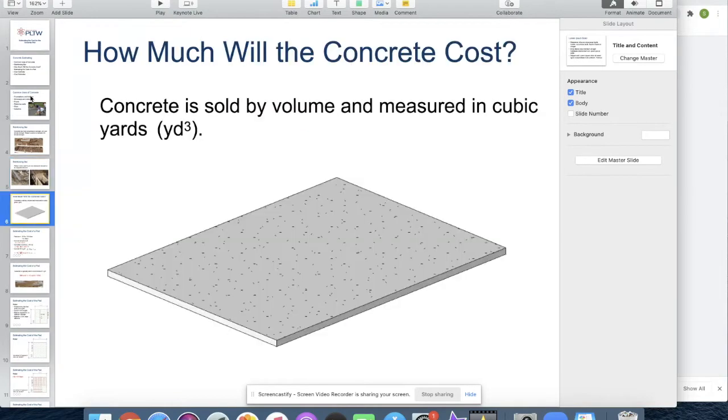All right, so now we're going to start talking about estimating the concrete pad. There's really three different things that you have to calculate and then add together. The first thing is going to be the volume of concrete. So we need to do length times width times thickness. You'll see that on the next slide. That'll give you a volume. In this case, it's going to be cubic feet to start, and you'll have to convert that to cubic yards. There's 27